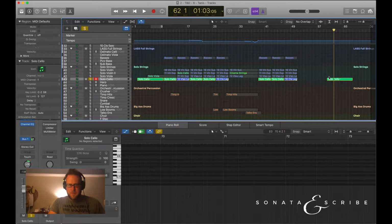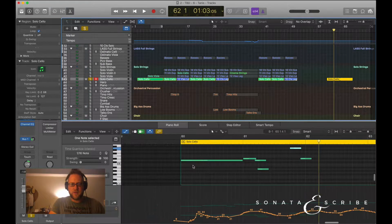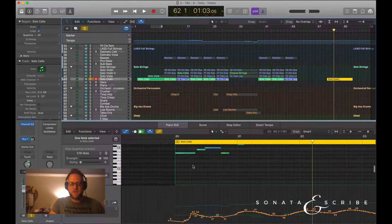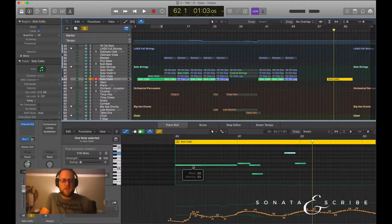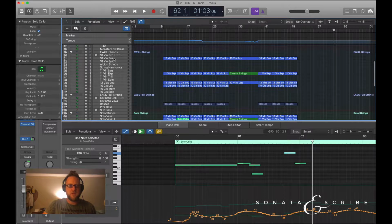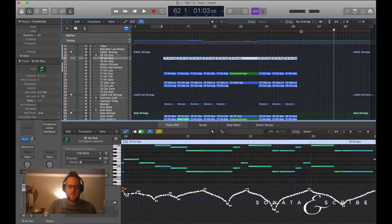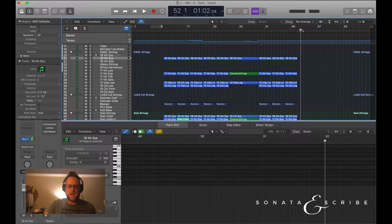So as you can see, it's a very delicate, intricate process. We get pretty granular here with some of the notes, and this is what is really time-consuming about working with some of these instruments. Now, I'm working with a solo instrument, so I'm going to spend a lot more time on getting this right to my ear than I would with, for example, a giant strings patch. And that's not because strings patches are less important in any way. It's just that when you have 6, 10, 18, I think this is 18 violins playing at the same time. It's hard to hear, but